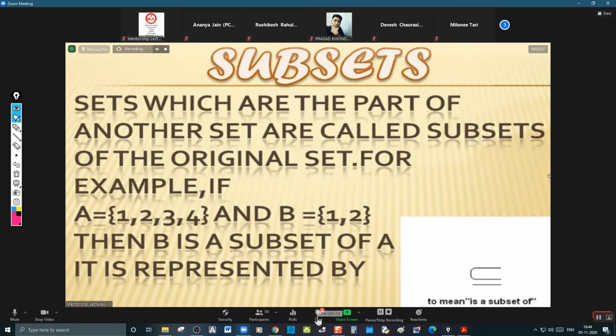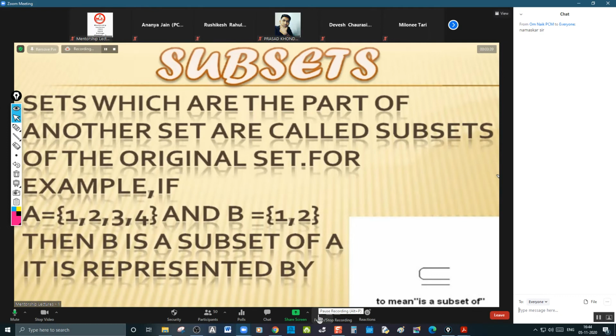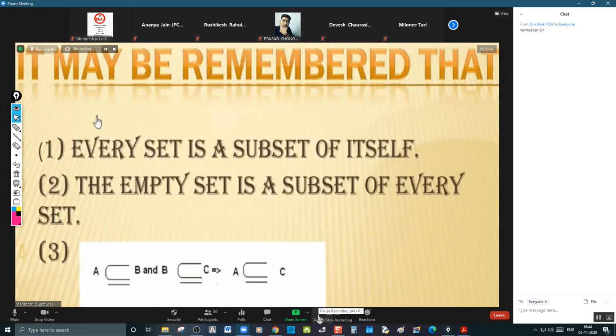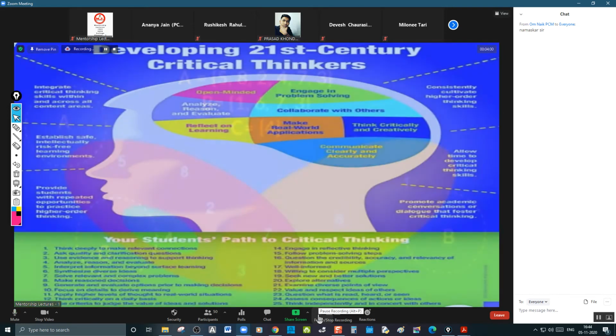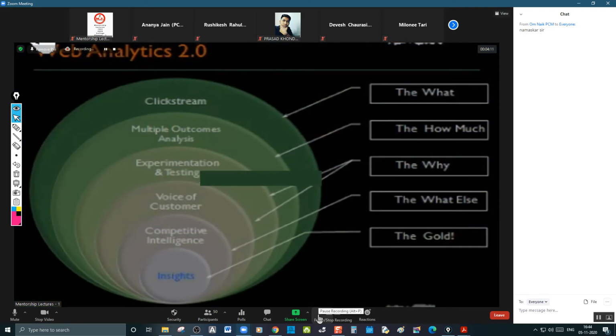Everyone knows it. I don't think you have this in your school level. Do you have set theory? Yes, sir. In sixth standard. Okay, in CBSE or state board or ICSE? ICSE, IGCSE. ICSE they have, but the remaining syllabus I don't think you have it. CBSE and the state board, isn't it? Okay. That's good.